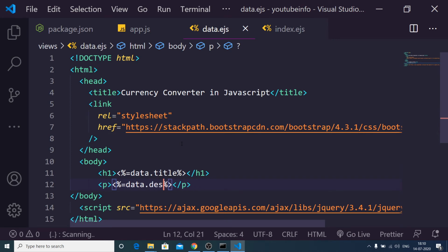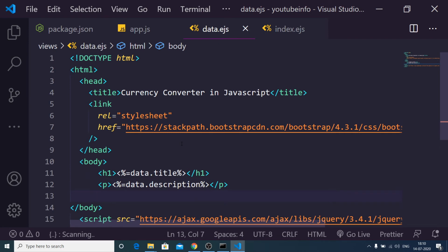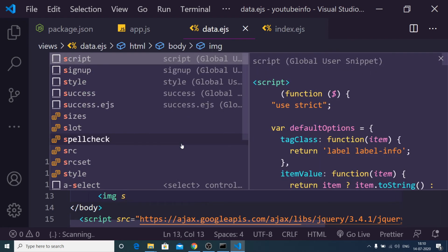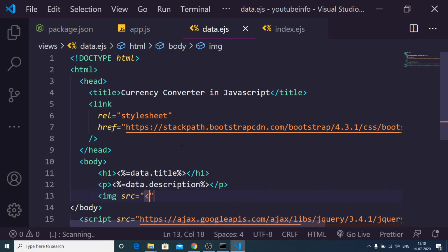So this will be description, and then we will have the thumbnail. So image, source, this will be data dot URL. Sorry, URL needs to be clickable.